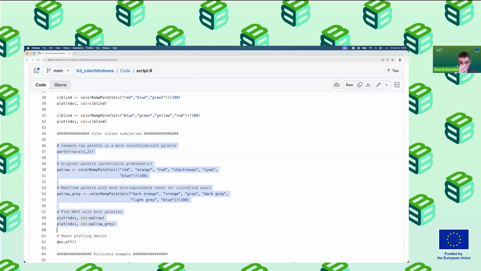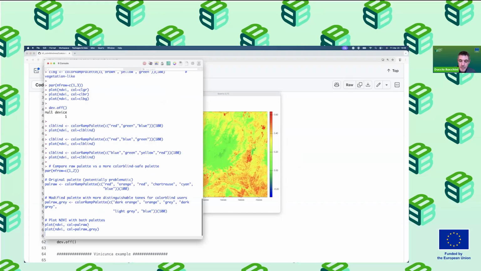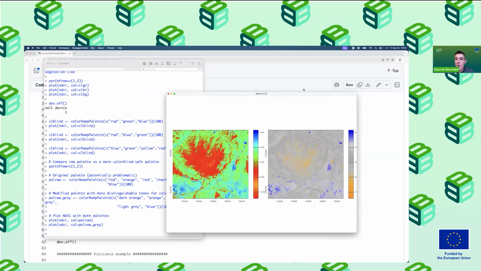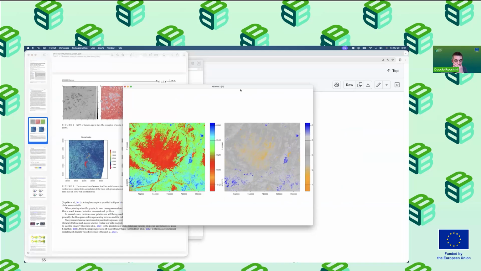Avoid, obviously, copying the dev.off. The color ramp palettes are called pal_raw and pal_gray. Okay, let's copy and paste to R, and this will be the final perception with the data that we have now. So imagine this is the image I used in the paper, the image coming out from imagery. So here you are using this color ramp palette,